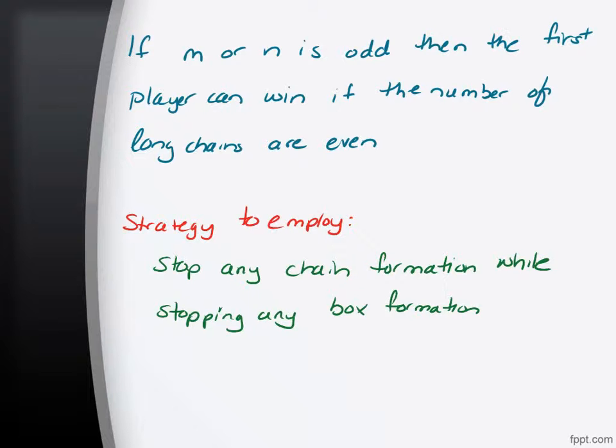So you can't just sit there and say, I'm just going to block chains, because if you do that, then you'll make a 3-sider, and then the other person will start filling in boxes. So it's a double strategy you want to think about at the same time. You want to stop chain formation, and you also want to stop box formation. And this is harder to do because you're concentrating on stopping the person from making chains, and all of a sudden you see the things start to spread with a bunch of me's in there.